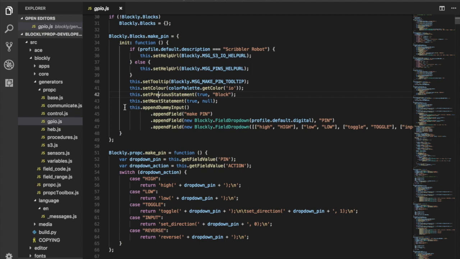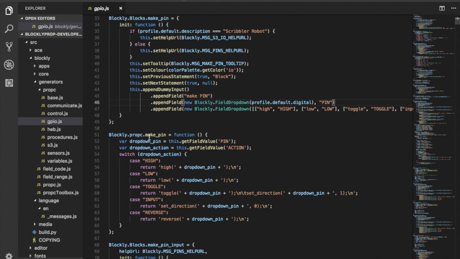And then where you start seeing appending dummy inputs or value inputs, this is where you see the meat of what goes on the block. And so that's how the block appears and how you interact with it. And then based on whatever happens up here, then we get values from, say, whatever pin was selected by the user or whatever action was selected by the user. And then we do some stuff where you can see it's actually writing, like for instance, if they selected high, then it's telling it to write that